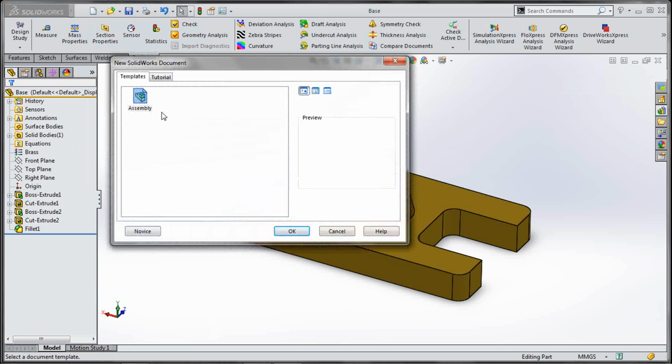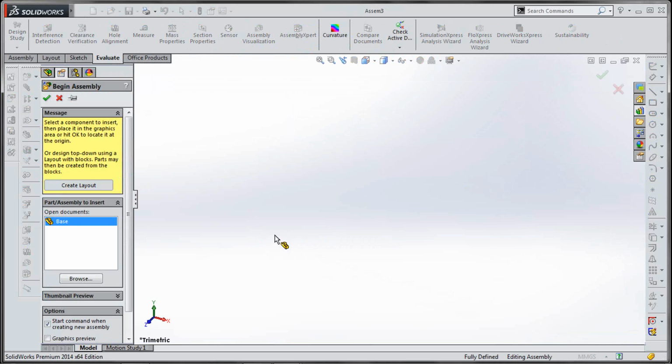Choose File and make assembly from the part, and make sure that again the unit system is set to MMGS.